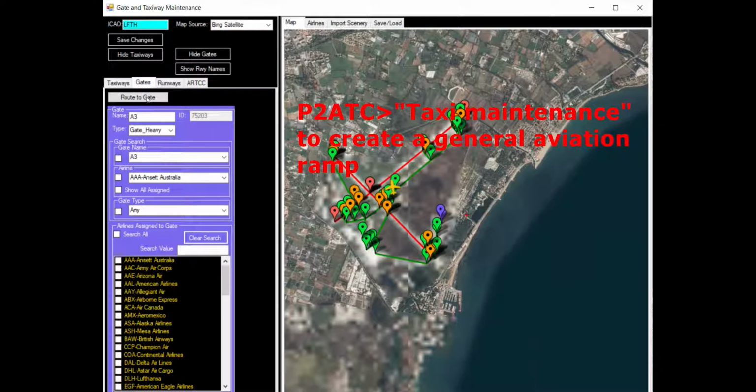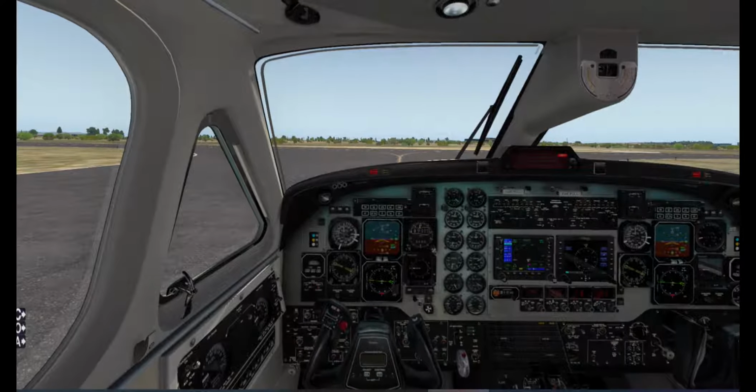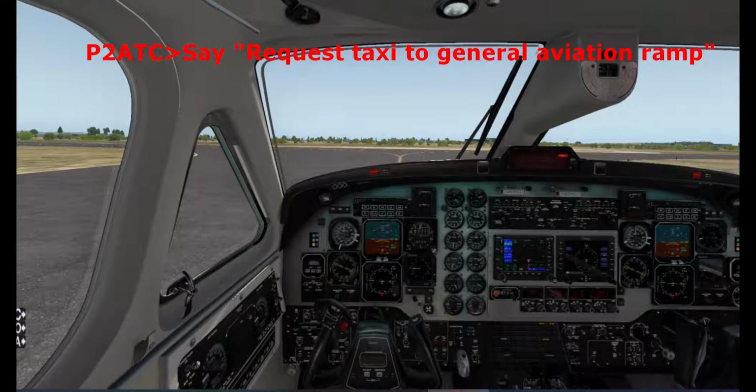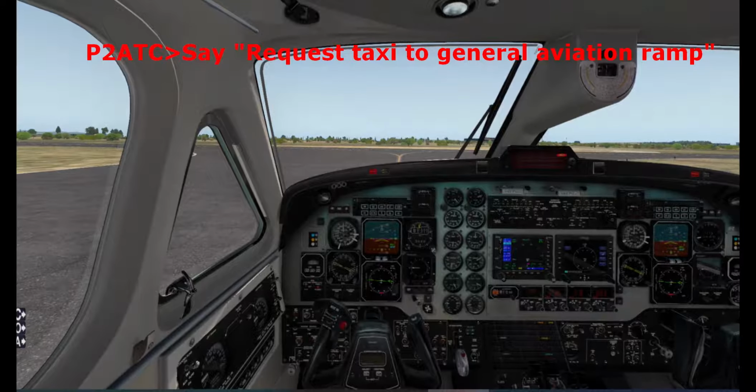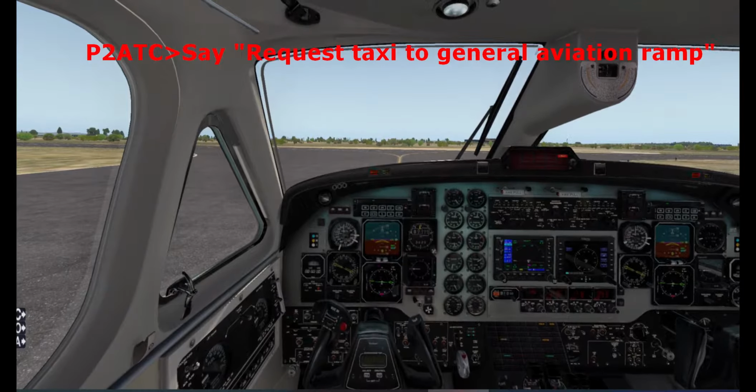Here, we decide to edit the A3 gate to make it a General Aviation Ramp. We request taxi to General Aviation Ramp. Beach Kilo X-Ray Yankee, request taxi to General Aviation Ramp.